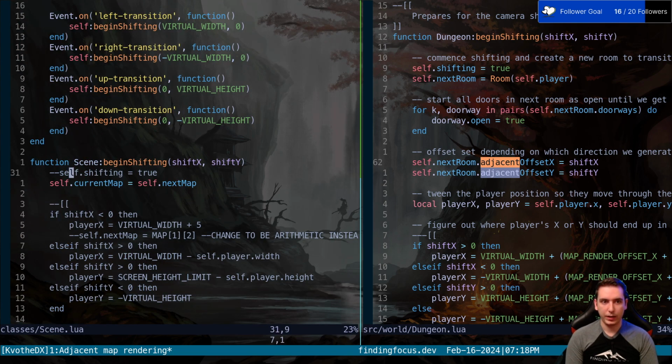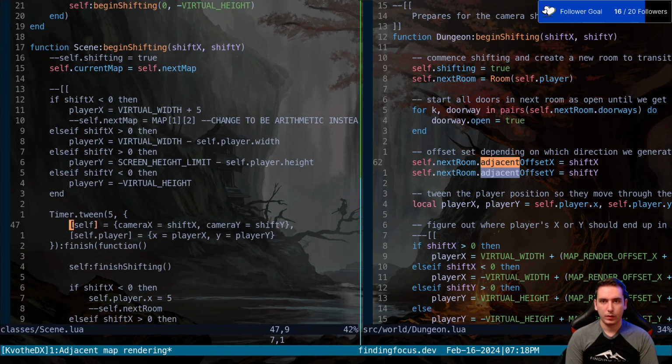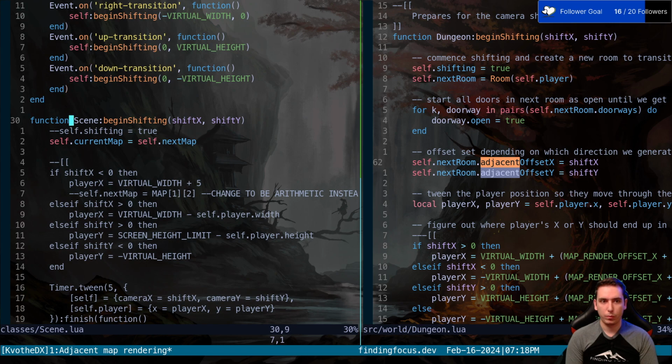Now in our begin shifting, okay, so what we're doing, we're giving our current map to be our next map, which is not right. It's not right, because we don't want this until we're done shifting. So I'm going to just comment this out at the moment and see if we can figure out